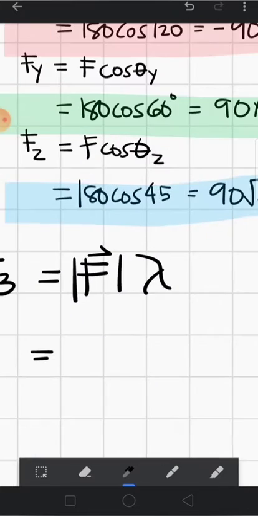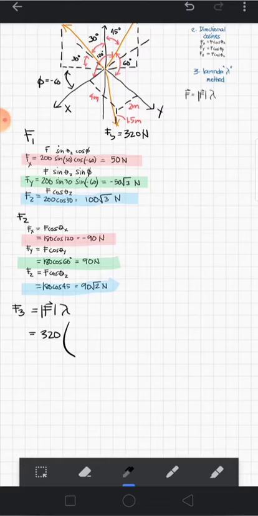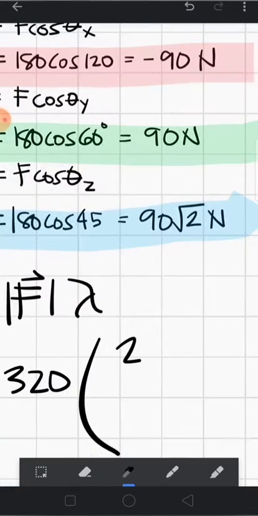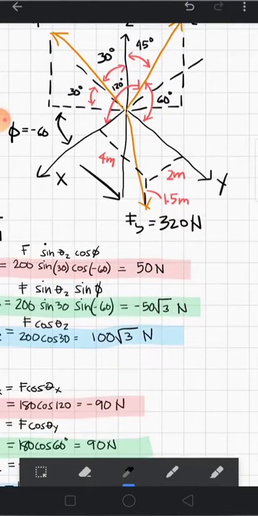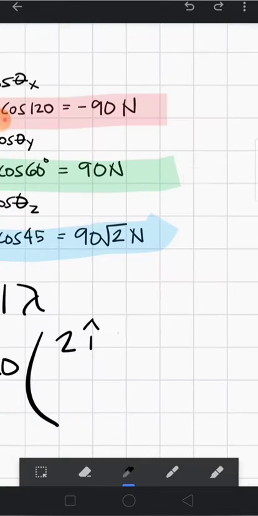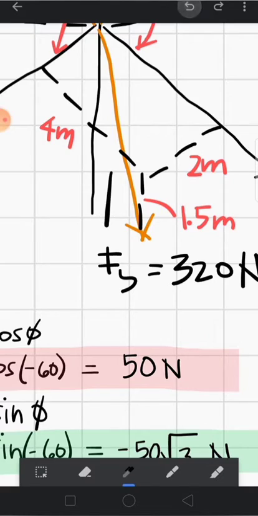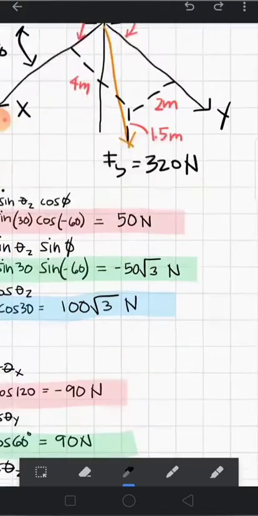Let's start with force. This is 320. And then the lambda, what's lambda here? How many in the x? It's positive 2. So we have 2i. And then for the y, it's still positive, but this time it's 4, so plus 4j. And then as you can see, it's going down, so it's negative because positive is going up in the z direction. It's minus 1.5